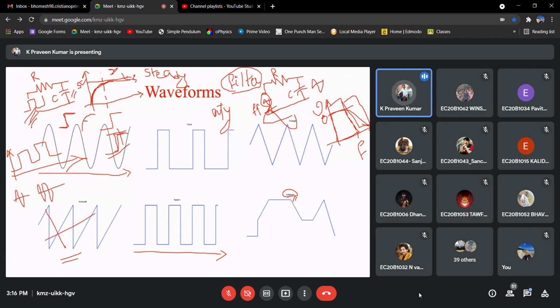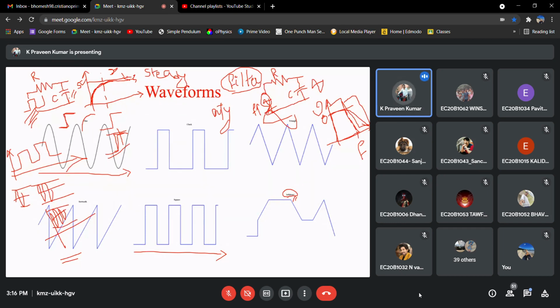This is what we call a Fourier series. Have you heard about these terms? Yes, sir. So that means if you have a square pulse like this, it is not a single frequency. You'll have all those harmonics also. That is difficult to observe if you directly input this kind of signal.